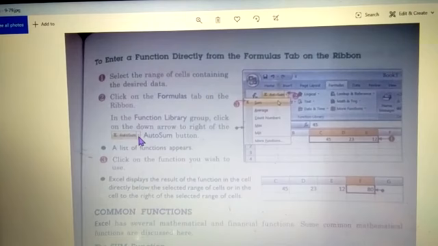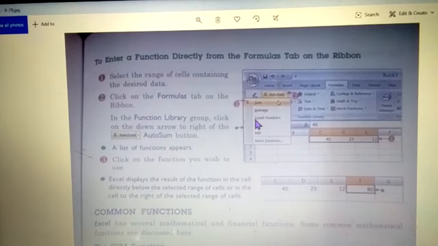And when you click the drop down arrow, children, you will get so many functions. Sum is there, average is there, count numbers, maximum, minimum, then percentage would be there. So all these functions that you use in maths, almost everything, are included in Excel. And you can use them according to whatever calculations you have to do.